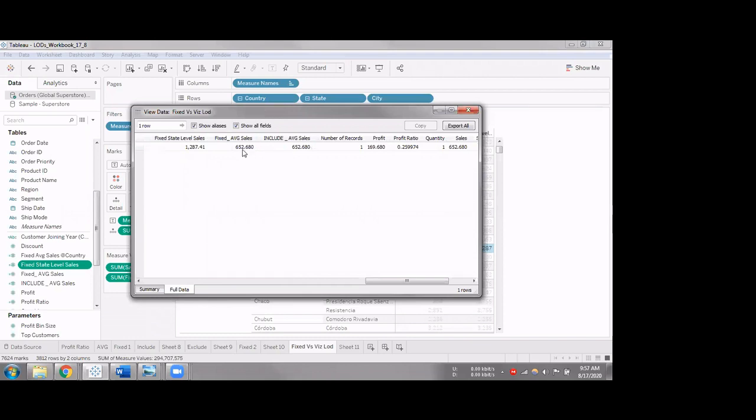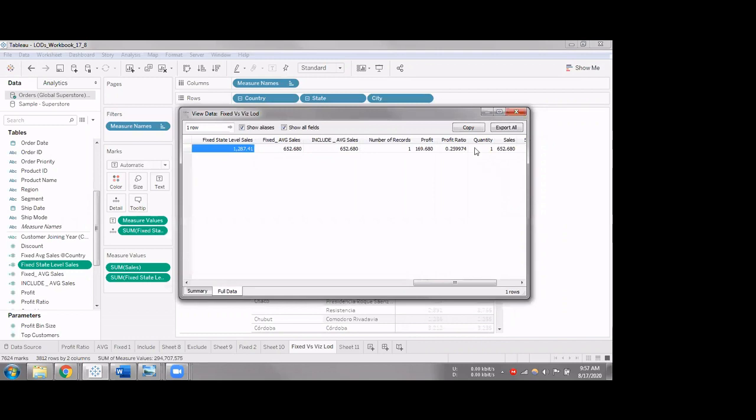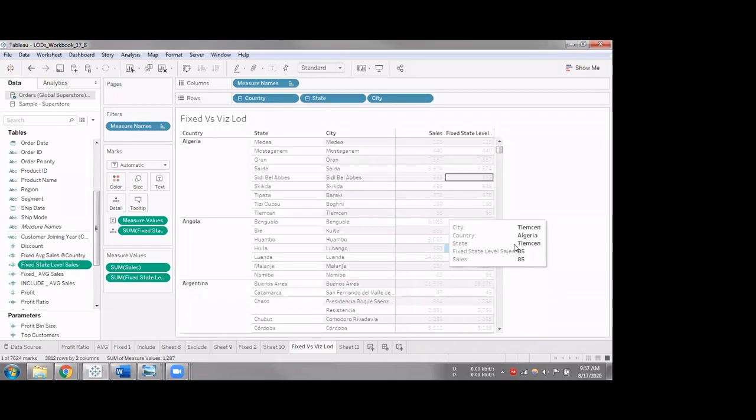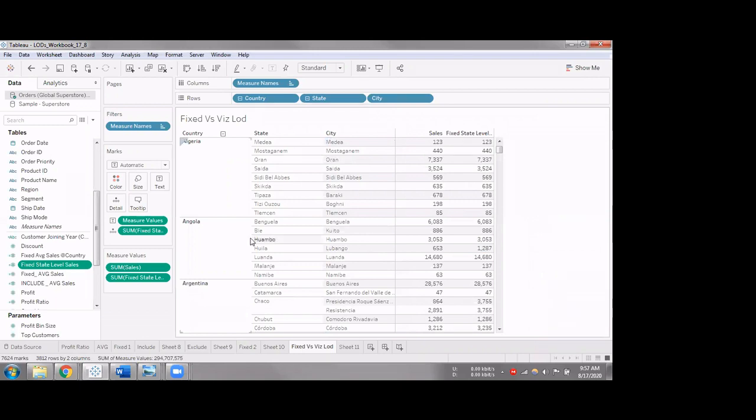State level sales is showing 1287. Strange. Okay, let me quickly check.